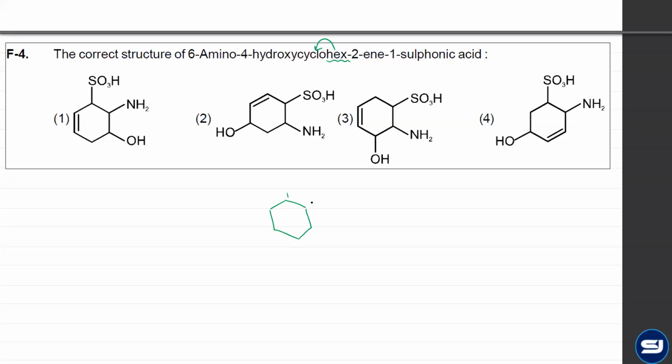पहले पेरेंट बनाया, फिर उसको रैंडमली नंबर दे दो 1 to 6. अब fill in the positions यानी substituents. तो cyclohex-2-ene मतलब 2 and 3 पे डबल बॉन्ड, 1 सल्फोनिक एसिड यानी 1 पे SO3H, 4 हाइड्रोक्सी मतलब OH at the 4th carbon, and 6 अमाइनो मतलब NH2 at the 6th. खत्म. नाम से स्ट्रक्चर बनाना सबसे आसान पार्ट है ऑर्गेनिक का, क्योंकि सब कुछ तो दिया हुआ है. साइक्लोहेक्स बनाओ, 2 पे ene रखो, 1 पे SO3H रखो, 4 पे हाइड्रोक्सी, 6 पे अमाइनो, खत्म। अब मैच करो चारों ऑप्शन में से, which is correct? Second. Second is the answer, खत्म।